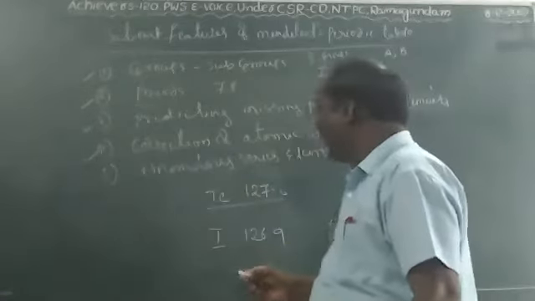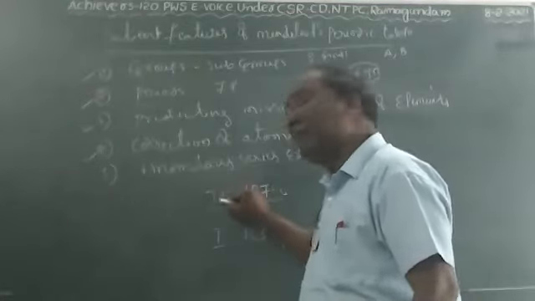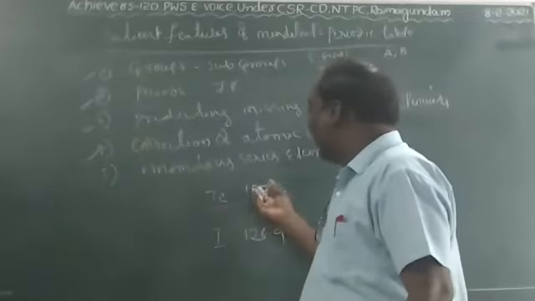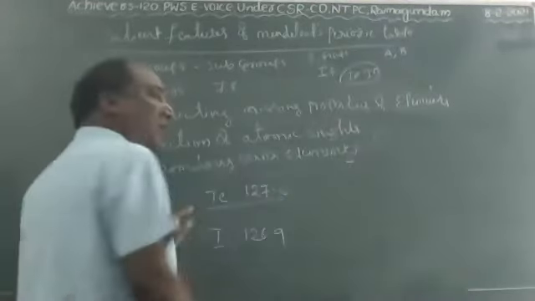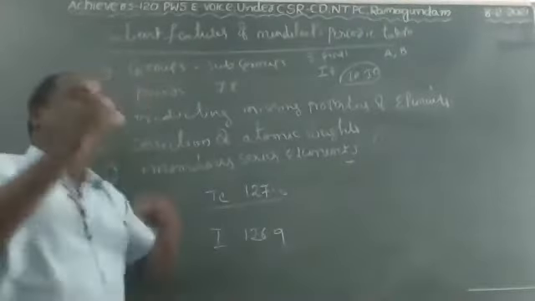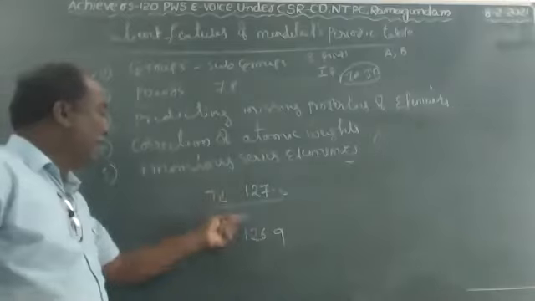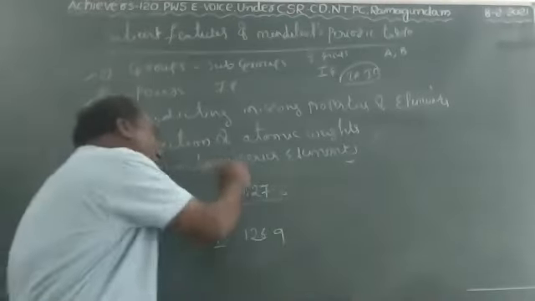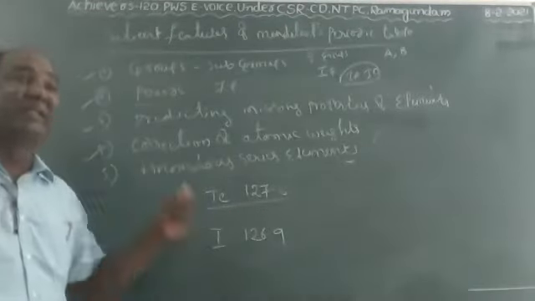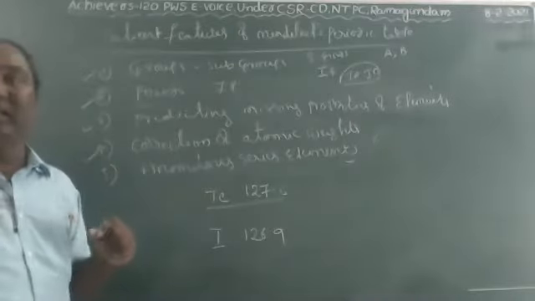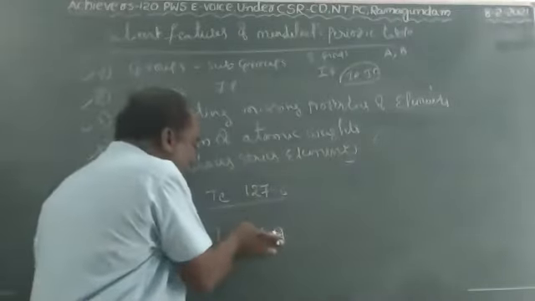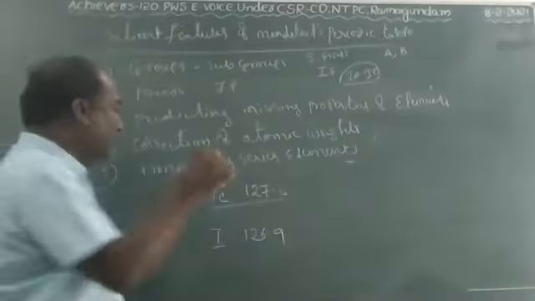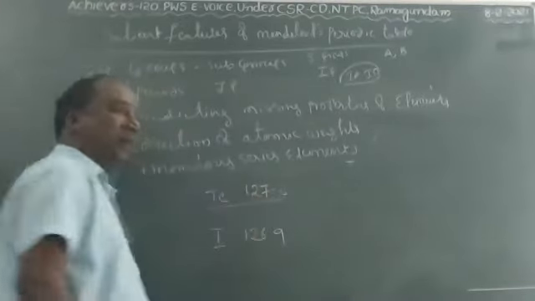So this is called anomalous series. Mendeleev placed the highest atomic weight first, then the lowest atomic weight. Due to this, there are some benefits, and these elements are exactly suitable in that place. That's why Mendeleev made some minor inversion. Due to this, there is no technical problem, because they are exactly suitable in that particular place. That is the extraordinary thought of Mendeleev. Actually, everyone would place the lowest number first, then the highest number. But Mendeleev's extraordinary thing is that he placed the highest atomic weight first, then the lowest atomic weight.